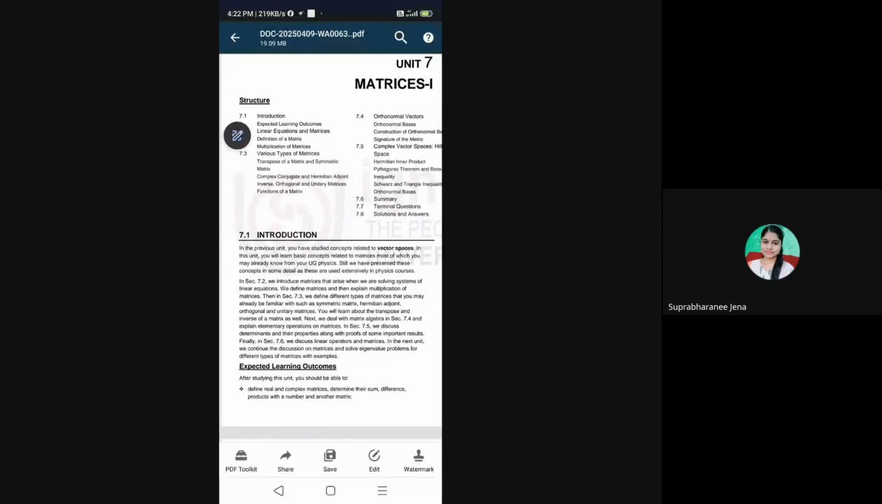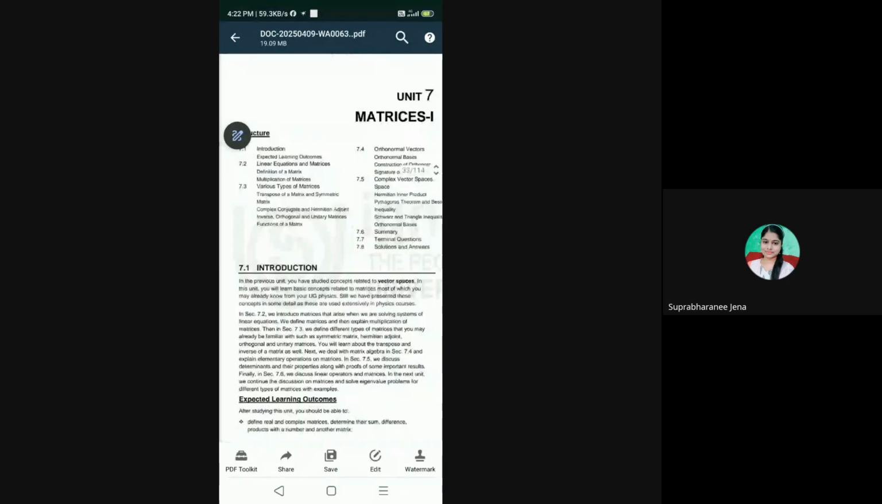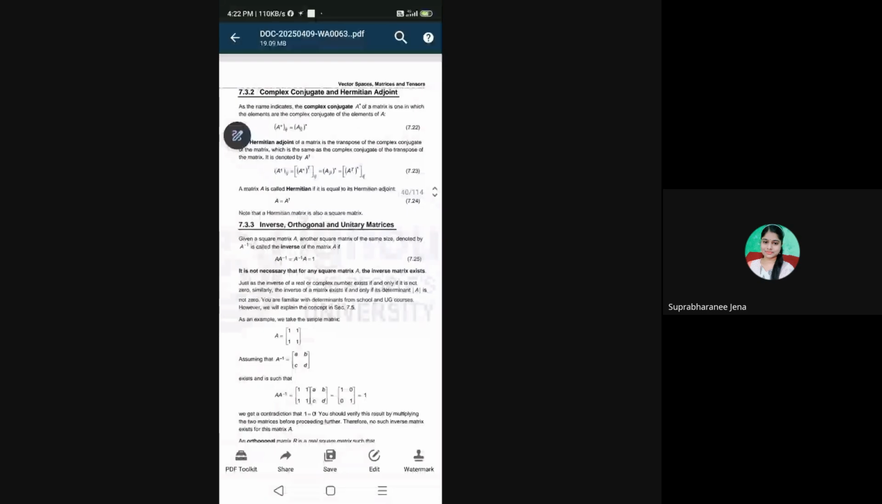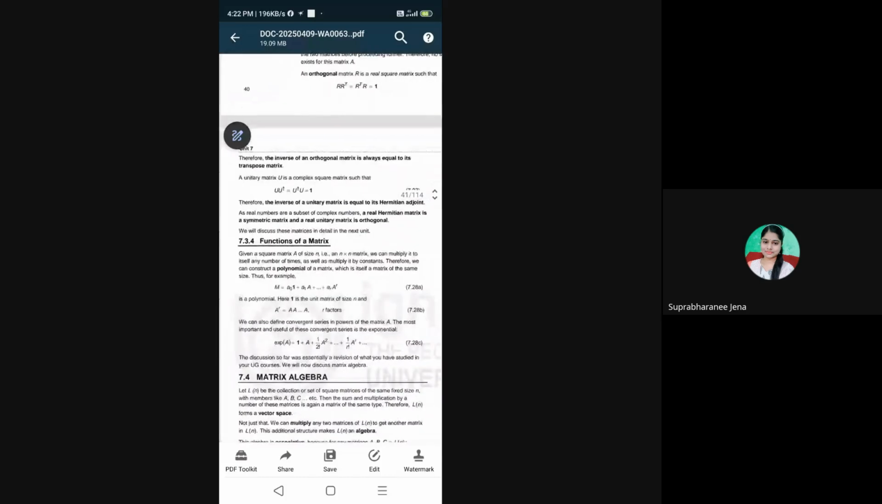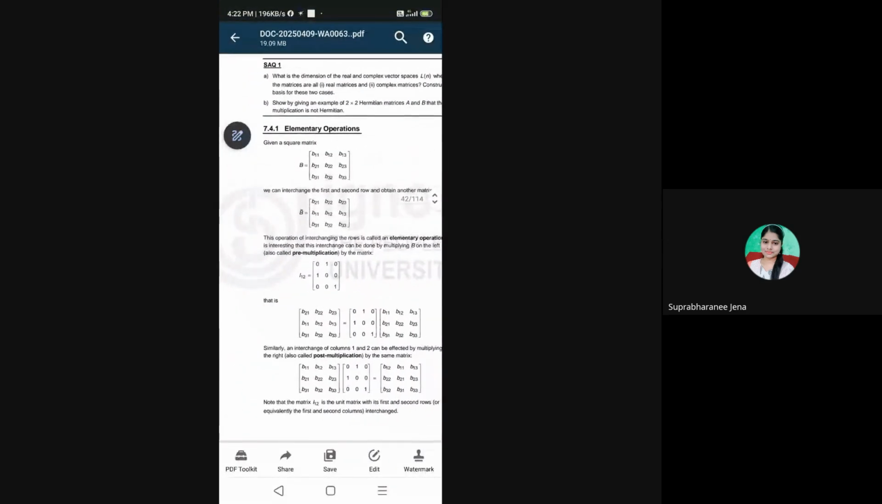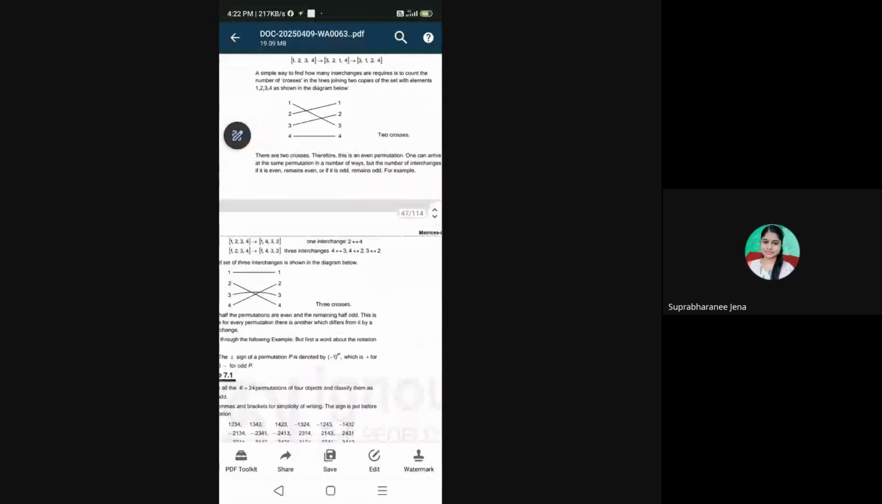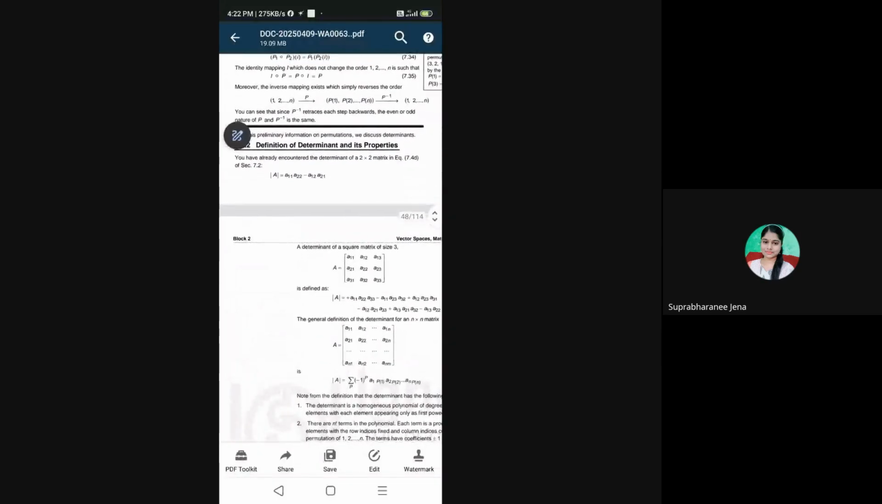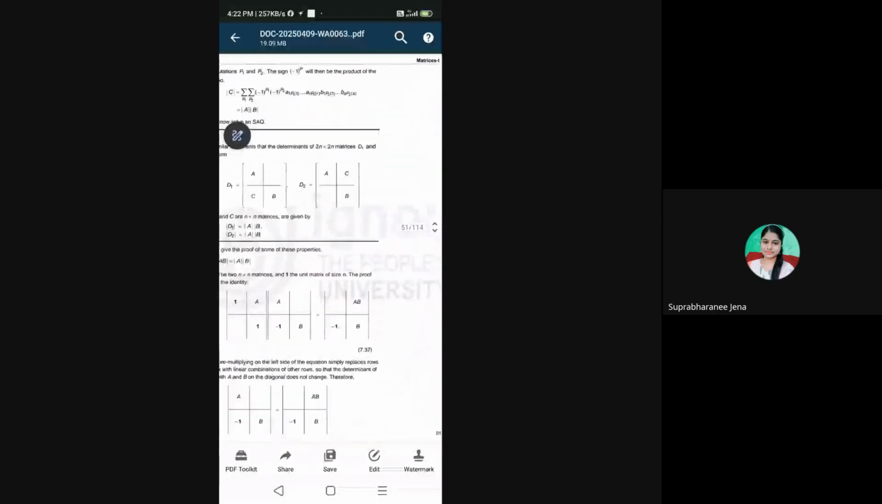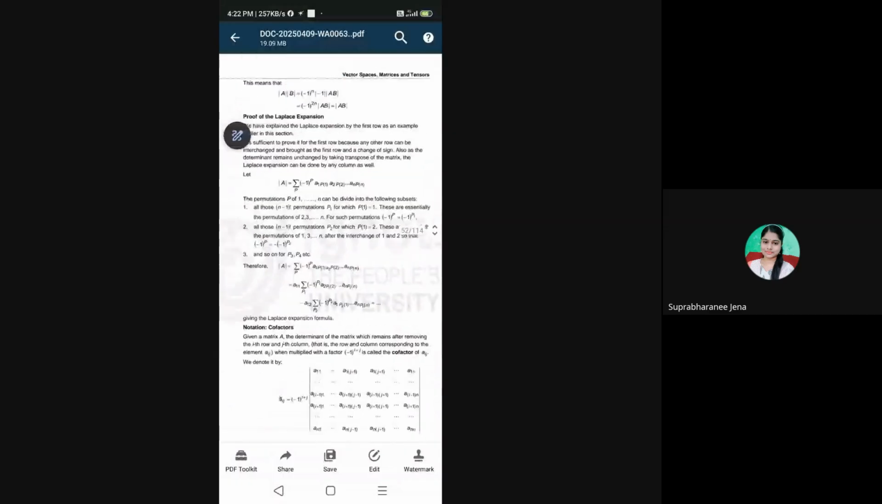Then matrices, and in matrices you have linear equations and matrices, then the definition of matrix, which you know, then various types of matrix, then the transpose of a matrix and symmetric matrix, then complex conjugate and Hermitian adjoint, then inverse, orthogonal and unitary matrix, then functions of matrix, then matrix algebra, which you know, then some basic operations, partitioning of matrix, then permutation and combination, and definition of determinant and its properties, and proof of the Laplace expansion, inverse of a matrix, linear operators and matrix,